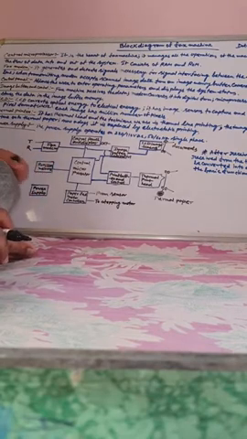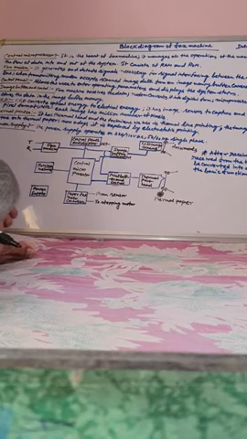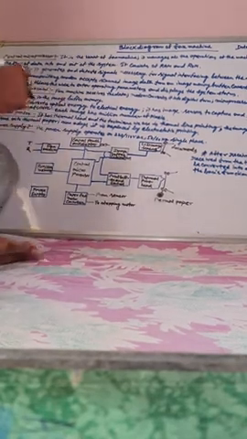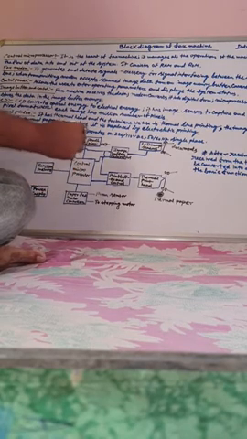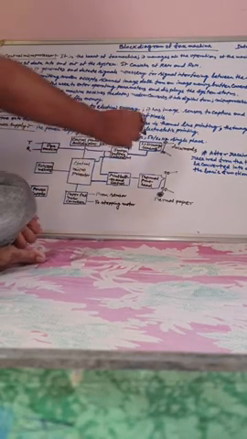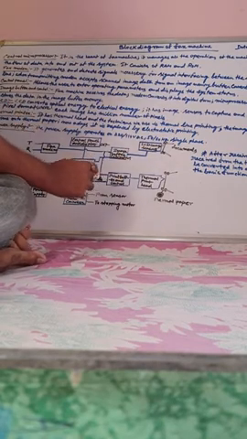Today we will learn the different block diagrams of a fax machine. So see the block diagram carefully. This is the control panel attached to the central microprocessor. This is the image buffer and control. This is the CCD image sensor. This is the thermal print head. This is the print buffer and control.